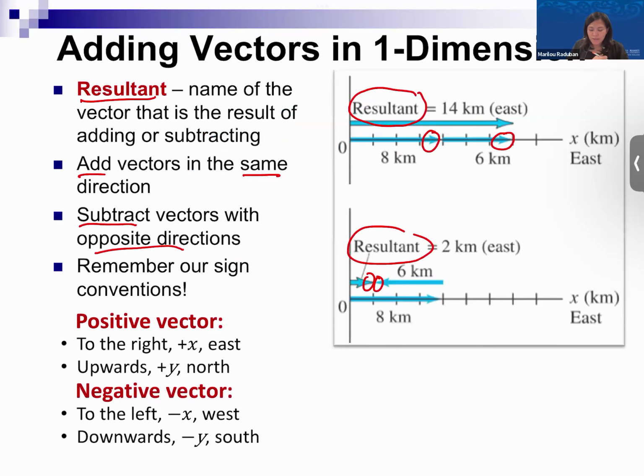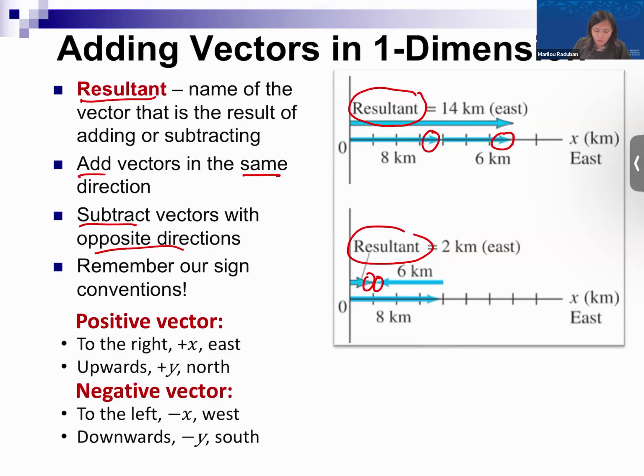We also learned last time about resultant vectors. We defined the resultant as the vector that is the result of adding or subtracting two vectors. And we learned that if the vectors are pointing in the same direction, then we add these two vectors to get the resultant. And the direction of the resultant would be the same as the direction of the two vectors that are being added. On the other hand, if you have two vectors at opposite directions, the resultant vector is obtained by subtracting these two vectors,